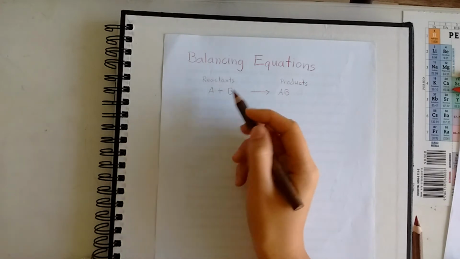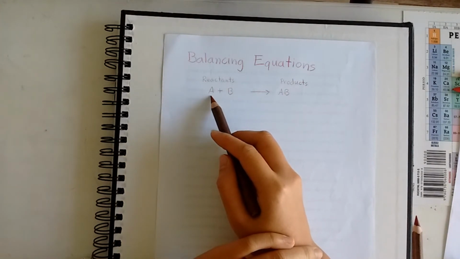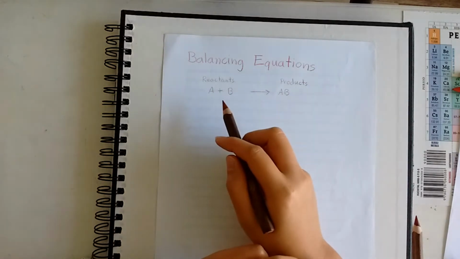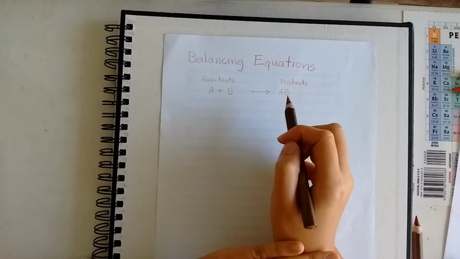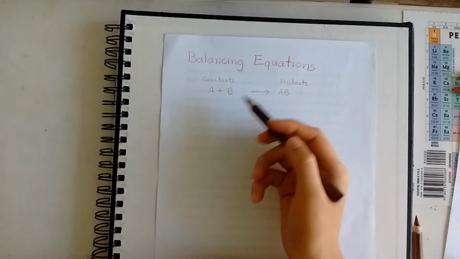we want to make sure that there's the same number of A on the reactant side and the same number of A on the product side. And the same goes for B. When we're trying to balance an equation, when it's not balanced,